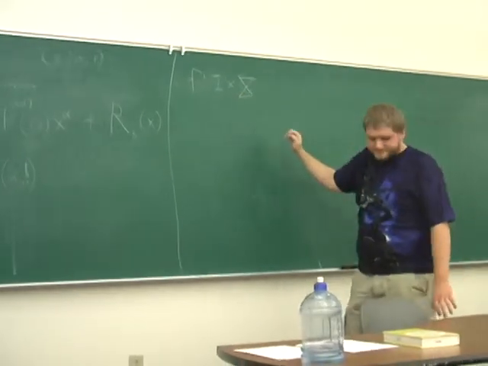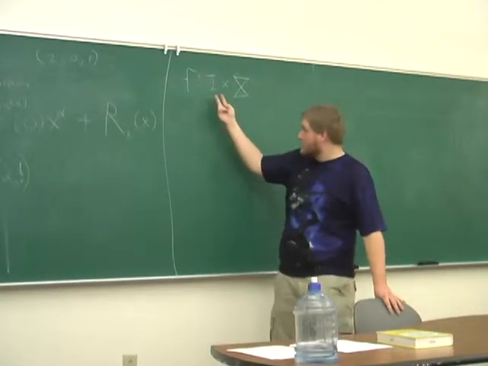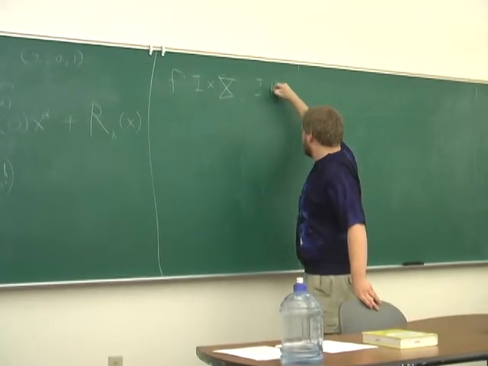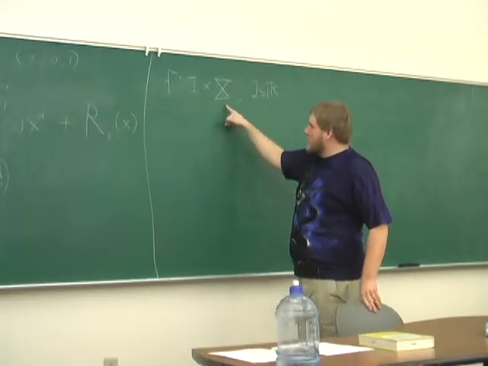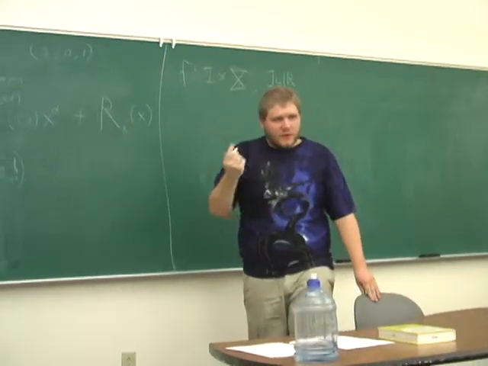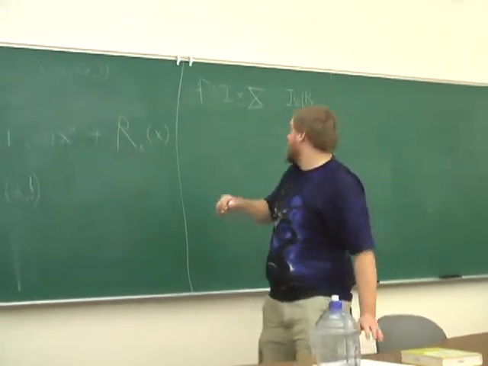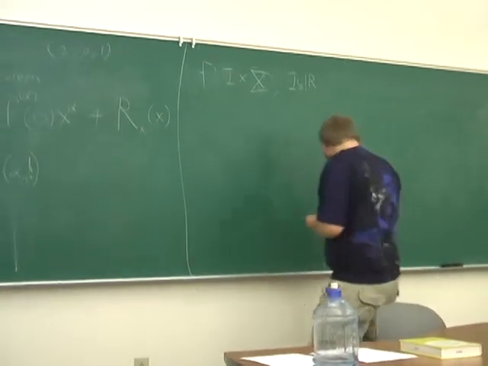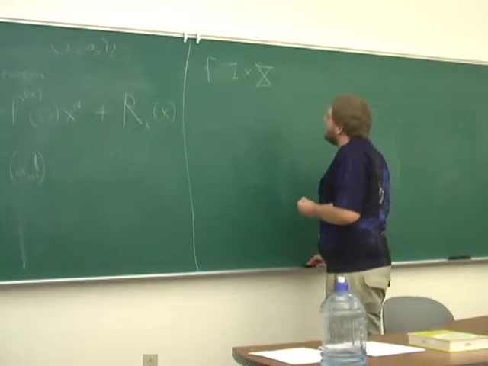So f takes an interval, which is a subset of R. This is kind of our time component, cross our vector space, which is Rn, and then maps this to... Sorry, I'm writing this very badly. It maps